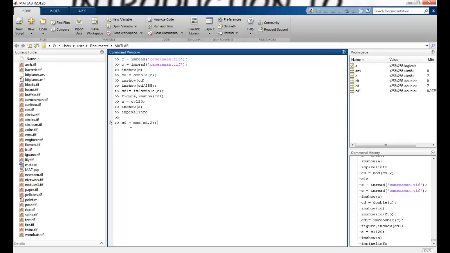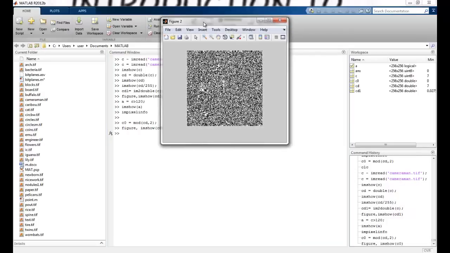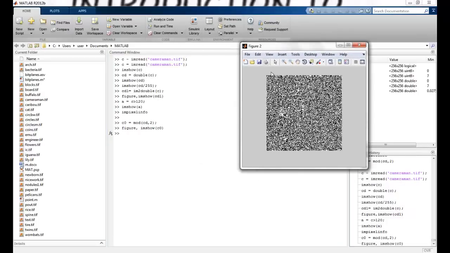So what am I doing? I am extracting all the LSBs of the image. So this is stored in the C0 plane. Just to be sure, I can say figure and imshow C0. So you can see I have the least significant bits of each and every pixel in the image, and they are displayed like a 0 and 1 over here.